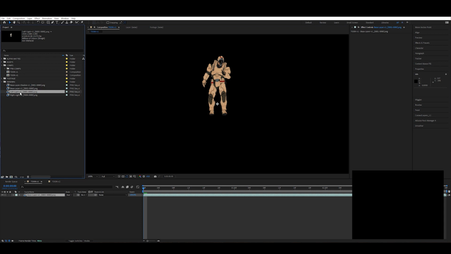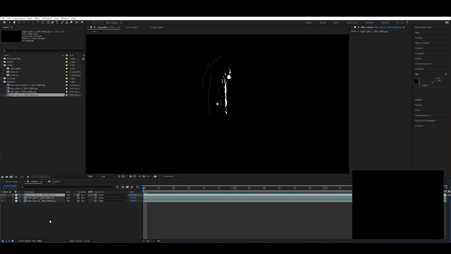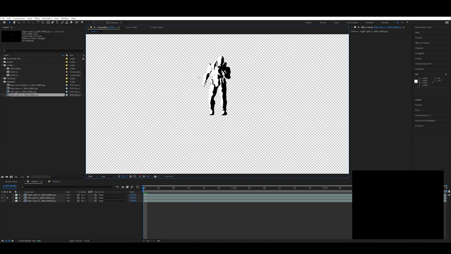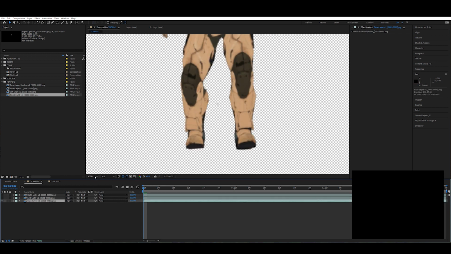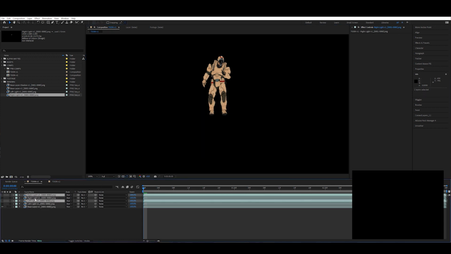So now let's bring in our left light and our right light. So these are transparent and black and white layers. So there's a couple of things we can do. One, we can combine these and add some shadow. So if we duplicate them, turn them on, set the top one to add,